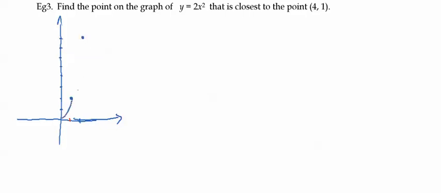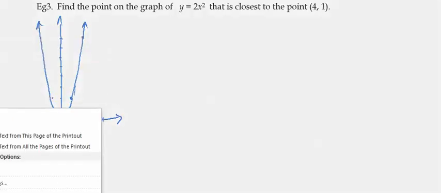So we're going to see a parabola that opens this way, and same thing on the other side. And you're trying to find a point somewhere on this parabola that is closest to the point (4, 1). So here, if this is (4, 1),